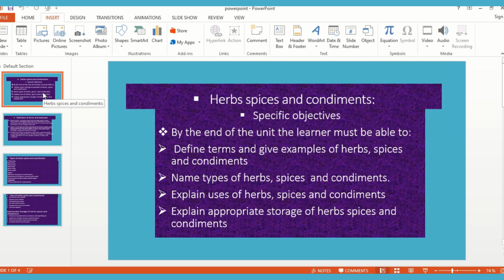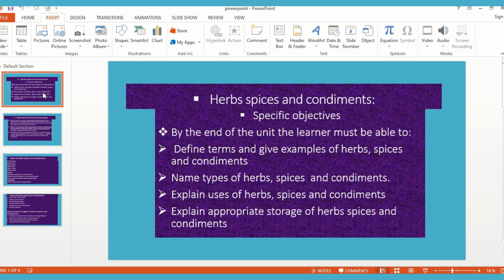Hello everyone. Today we would like to look at a topic known as herbs, spices, and condiments. Before we look at that, I would like us to take a review on the objective of this topic. By the end of this topic, we should have learned that